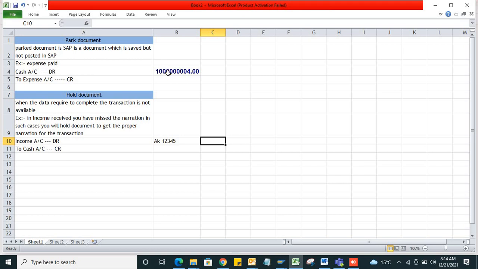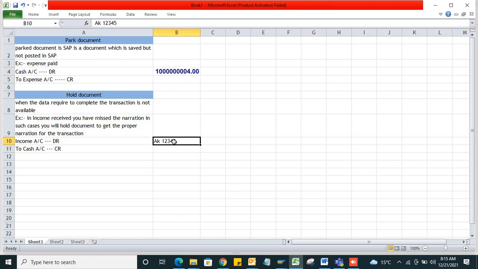But with the park document, the system will generate the document number predefined. Only that document number will get posted. When you post that park document, no new document is generated. The same document number will be posted in the system.